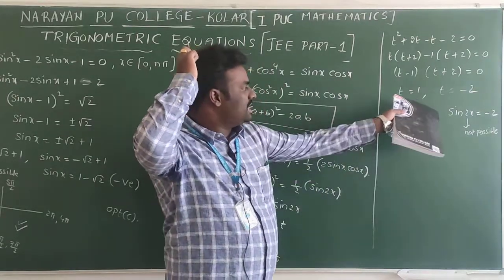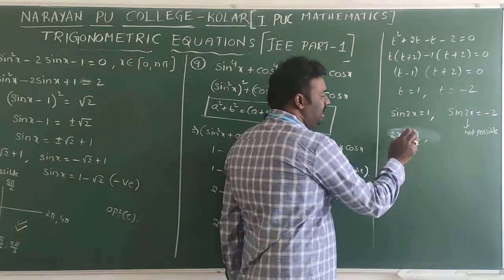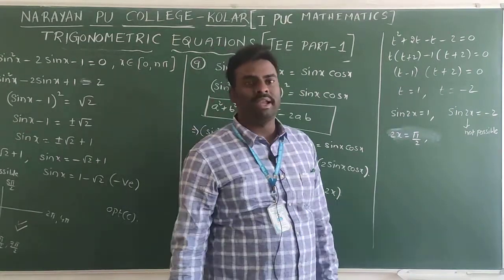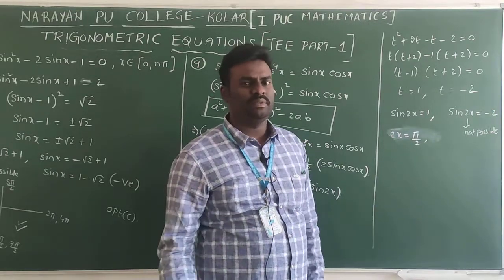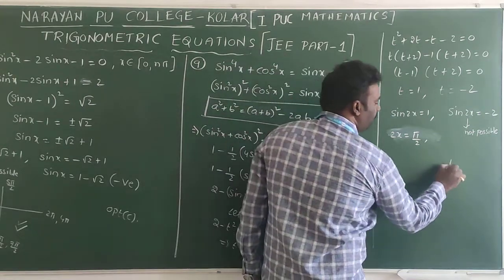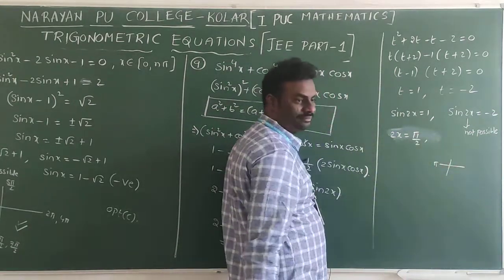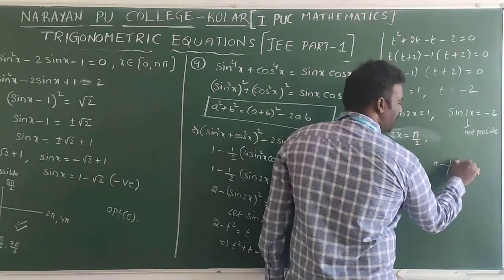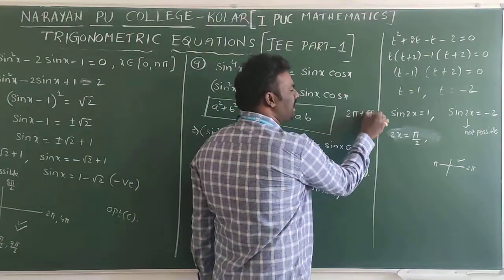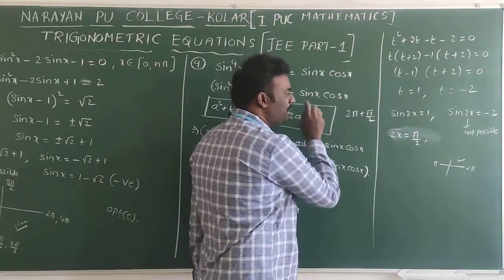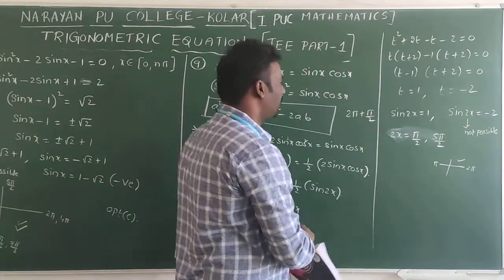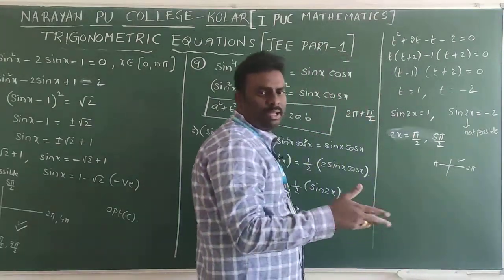So what is the value? This is positive. So for 90 you will get 1, but if you take 270, this is minus 1. So 270 is not possible. And again you go for one more. What is that? This is pi. This is 2 pi. If you take 2 pi plus also, it is positive. Now 2 pi plus pi by 2 also I can take. So 2 pi plus pi by 2 means what? 5 pi by 2. Okay. Now like that you can write 9 pi by 2, all this.